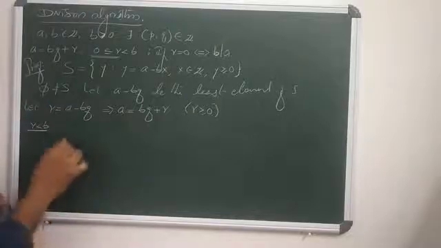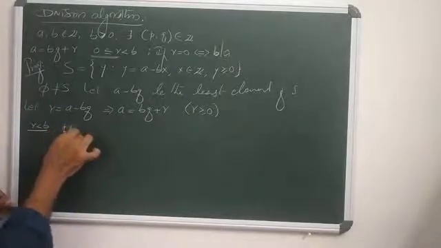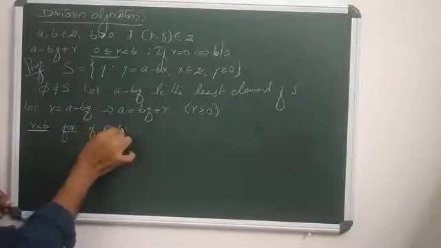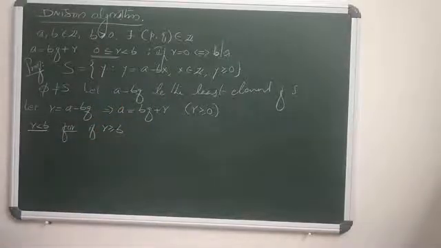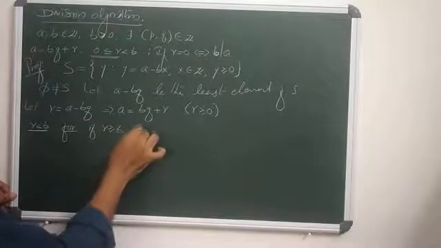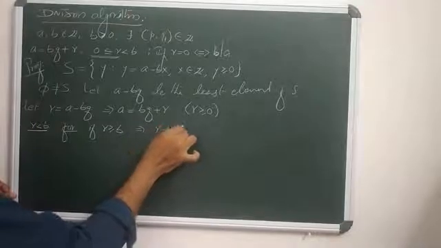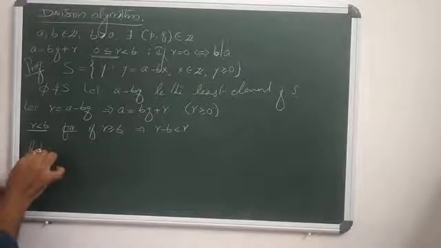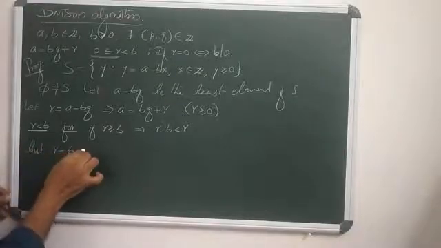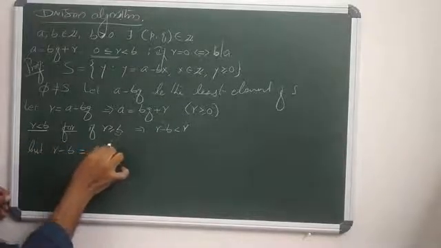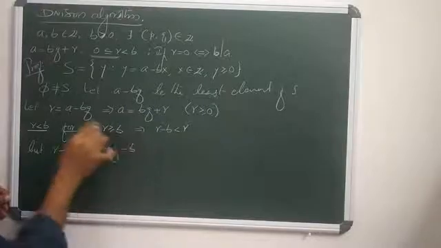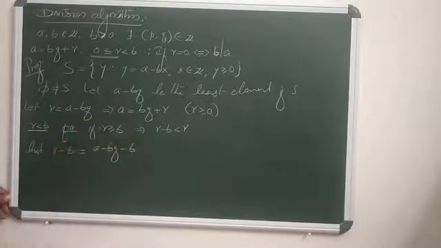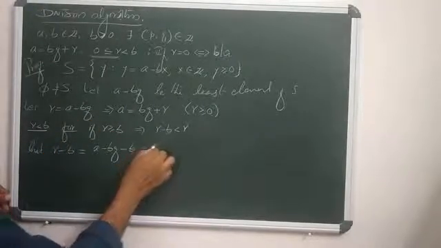For r less than b, suppose r is greater than or equal to b. What happens there? If r is greater than or equal to b, then r minus b should be less than r. But what is r minus b? r is a minus bq, so r minus b equals a minus bq minus b,